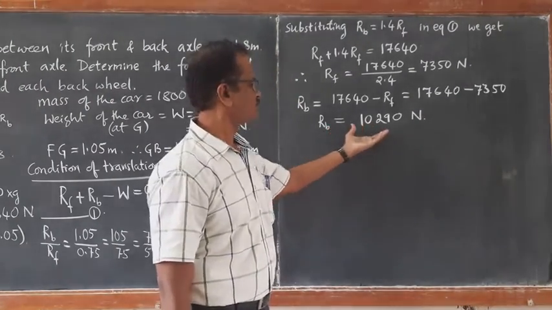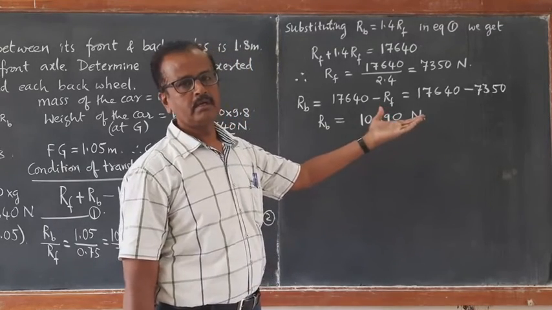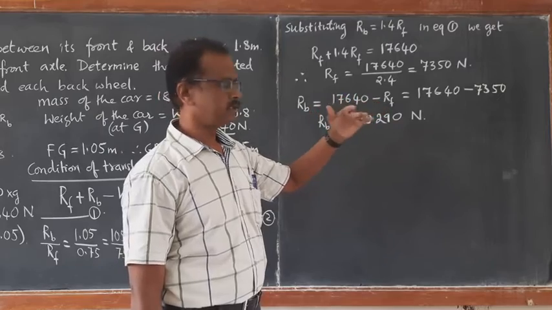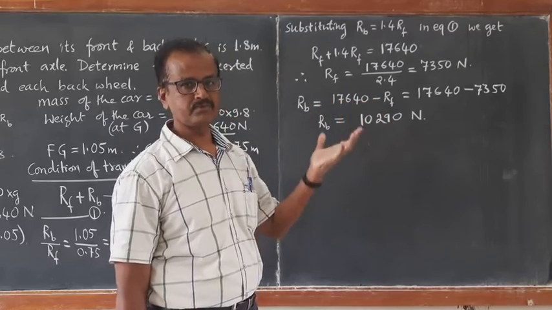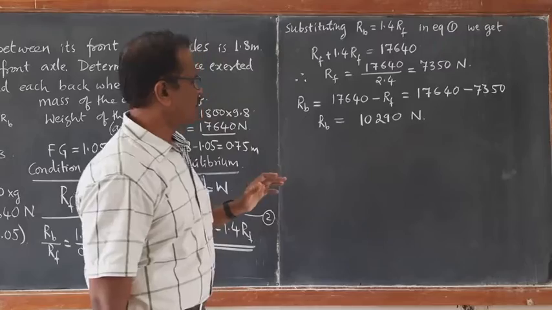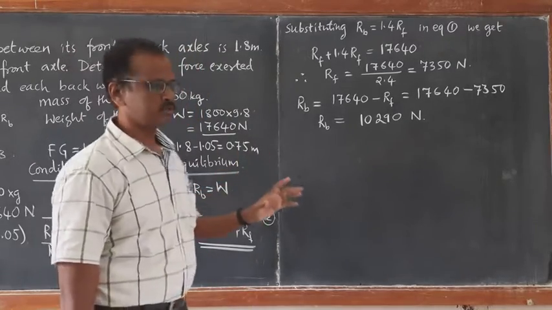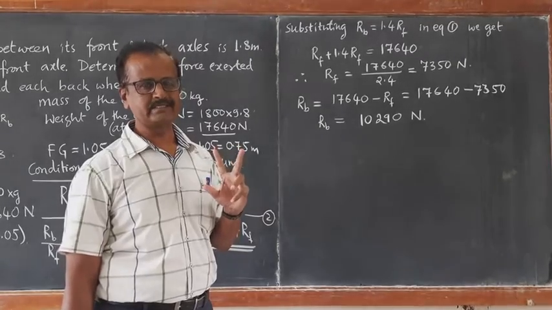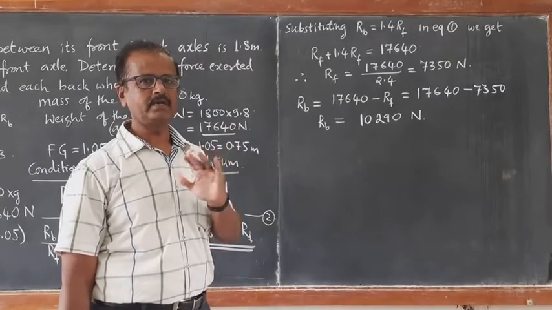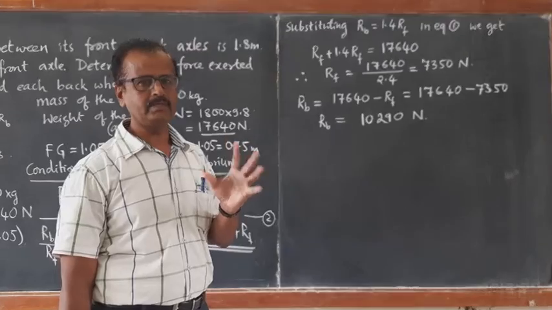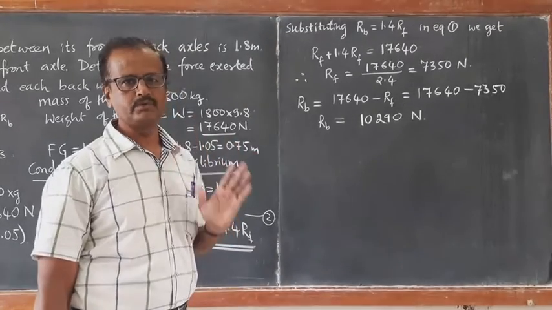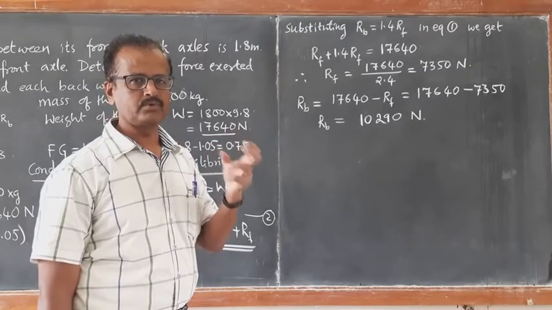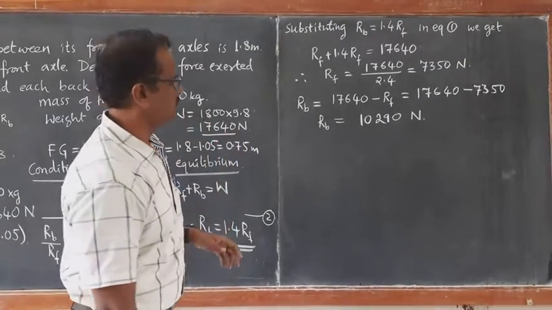Naturally, the total reaction force on the back wheels will be more because the center of gravity is close to the back wheels. So the reaction force will be more. Now, what is the reaction force on each wheel? There will be two wheels. Let us assume front wheels and back wheels. Front, of course, two wheels will be there. Back wheels also, let us assume only 2 wheels are there. For a car it will always be 2 front wheels and 2 back wheels.